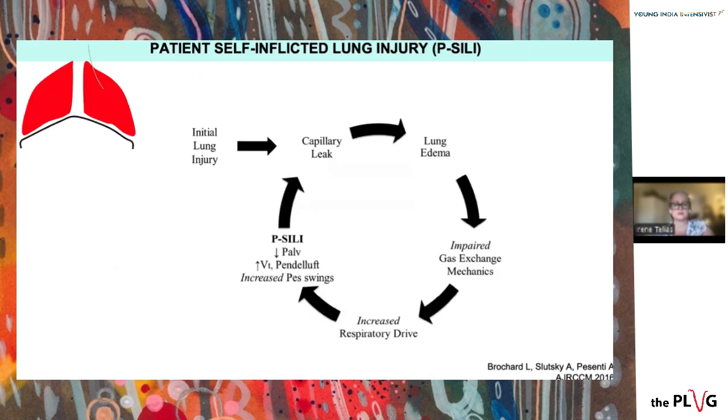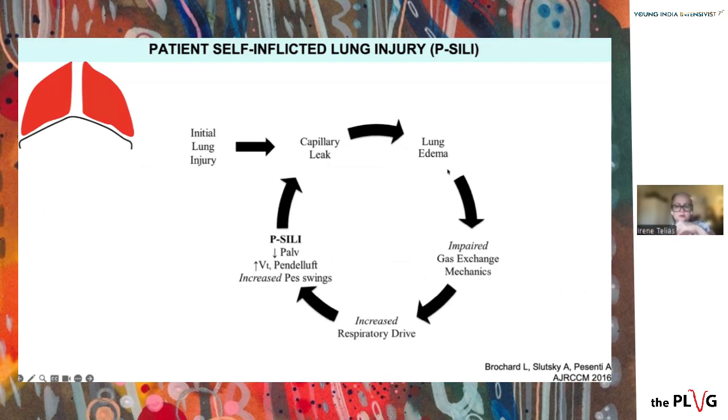I'm going to focus specifically on the pathophysiology of patient self-inflicted lung injury, because how the patient interacts with the mode actually impacts these mechanisms. As a review, you have an initial lung injury, then capillary leak because of the inflammation, which generates lung edema. And the problem with that is that